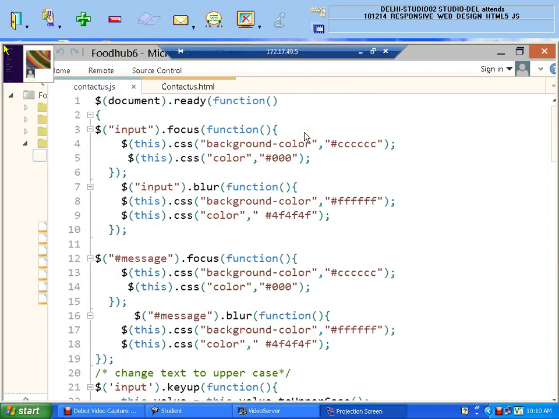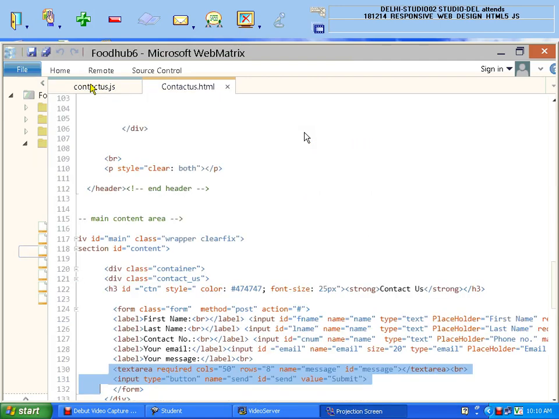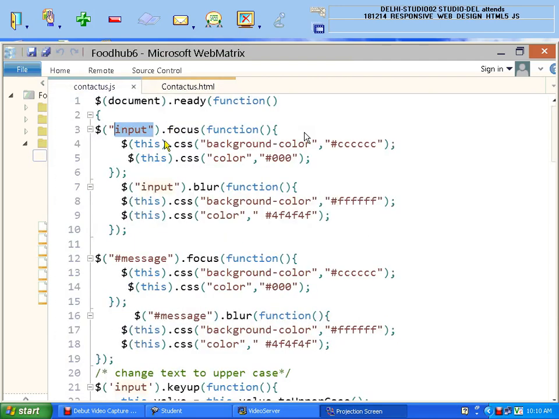So initially I will start this JavaScript with document.ready, as I explained yesterday, and then I am using input. I have input, so all inputs are here, and the function which I am going to use is focus. It means whenever an input element gets focus,